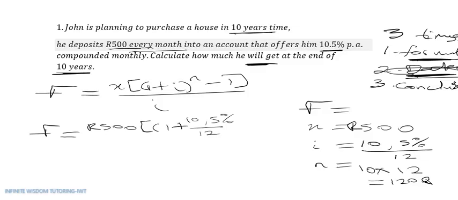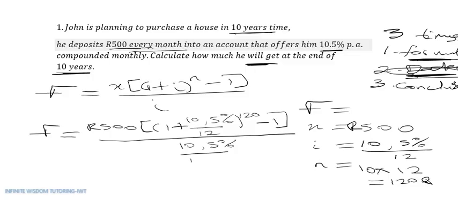And our N at the top there is 120. And then we complete the formula by a minus in that one there. And then everything is all over the interest, which is 10.5% over 12. So it's a matter of getting the answer now, of which the answer from my calculator is